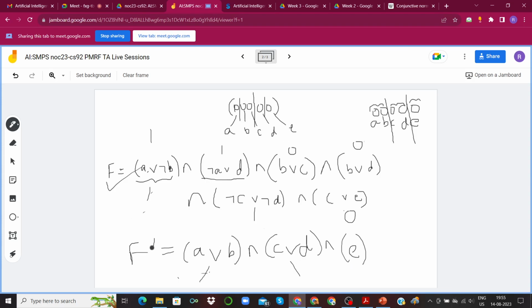But eventually, to see whether your formula F prime is getting satisfied or not, you will have to formulate some criteria to check whether each of these clauses together are satisfied or not. Because there is an AND between all the three clauses, if all the three are individually satisfied, that means F prime is also satisfied. All of these clauses have to be satisfied simultaneously. If this had been an OR, then if any of them were satisfied, you could have said that F prime is satisfied. But that is not the conjunctive normal form, and SAT problems are defined in that CNF form. I got it, sir. Yeah, that's basically the whole issue.